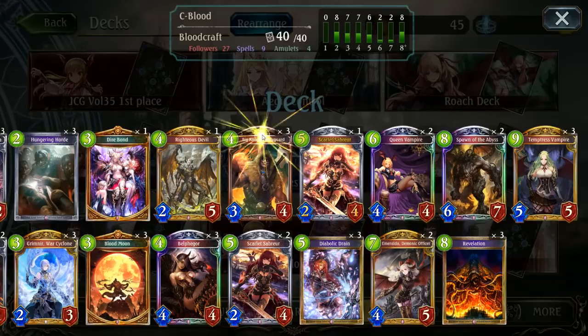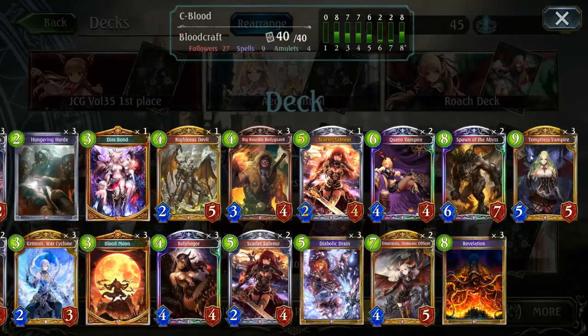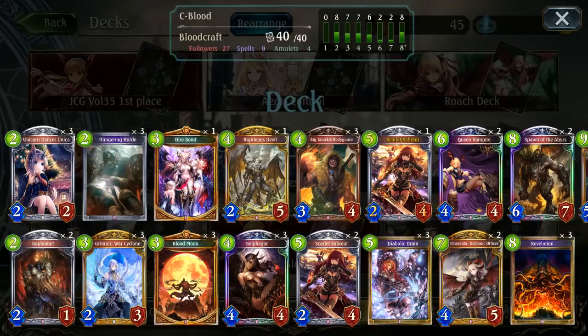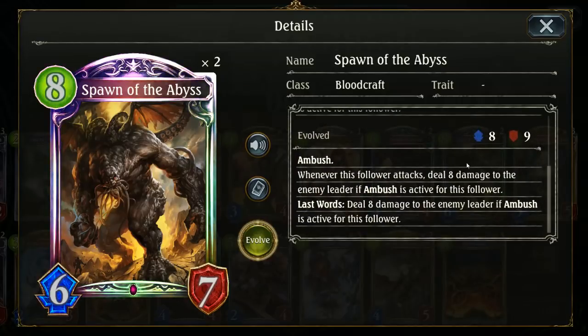So you can clear a lot of things with Big Knuckle, with Scarlet, with Diablo, with Temptress Vampire, Revelations. All those cards are great clears. And if you can push into a spawn, you can either leave it cloaked or you can just use it to finish the game by ramming it to face, especially with its 8 attack damage evolve and its 8 damage last word. Plus, if you do get to ram it to face, you deal a maximum of 16 damage there,